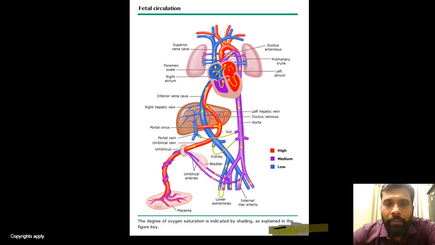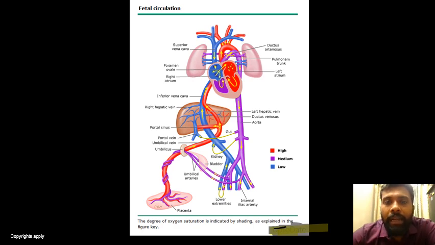and it goes into the right atrium. The blood vessels in the fetal lungs, that is the pulmonary vessels, are tightly constricted and very little blood flows into them. Instead, most of the oxygenated blood returning to the fetus from the placenta via the umbilical vein flows through the foramen ovale, this yellow arrow that I'm pointing to, or the ductus arteriosus. This part, the ductus arteriosus,